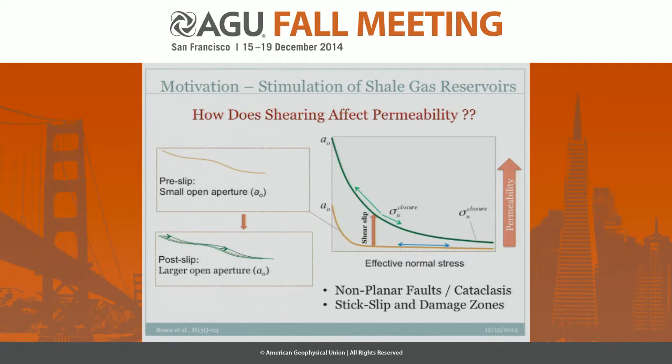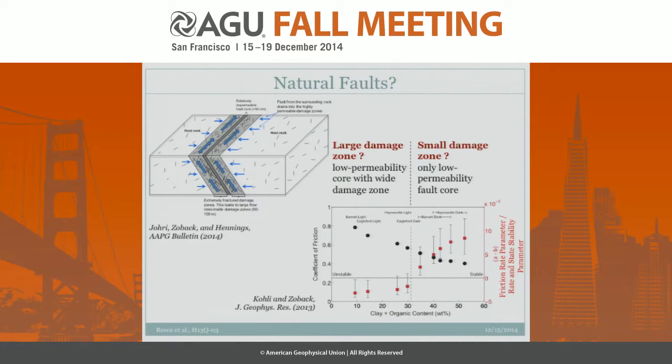So coming back to this initial slide, how does shearing really affect the permeability? Well, I've shown you results on a planar surface and on a surface that has some curvature and more roughness, but in reality, we really look at faults that are much more complicated. They might stick-slip, they might have a damage zone, so it is not as simple. And we are basically replicating here a sample with a very small damage zone where we are mostly focusing on